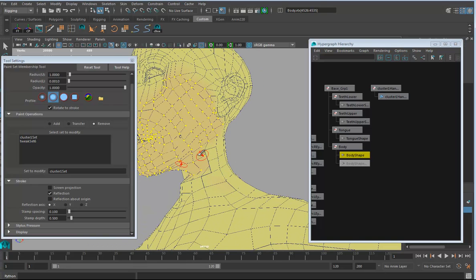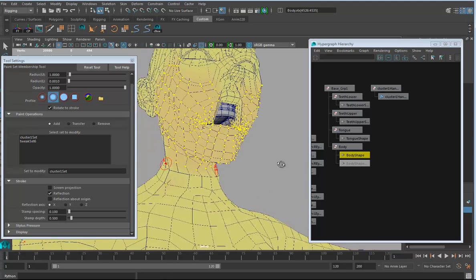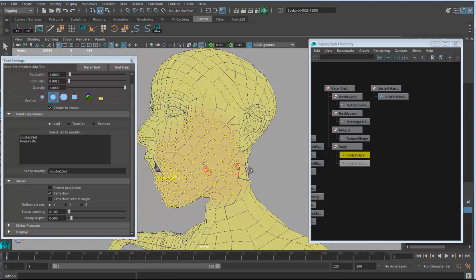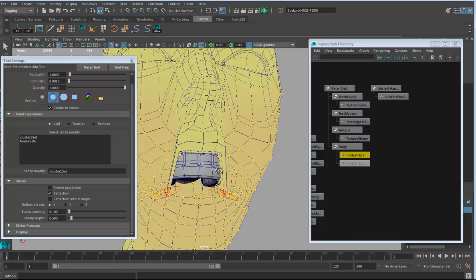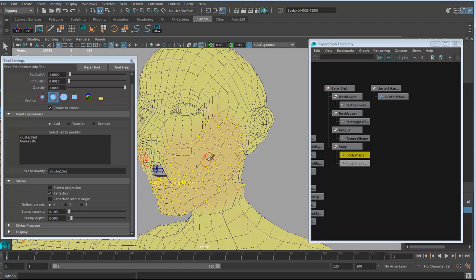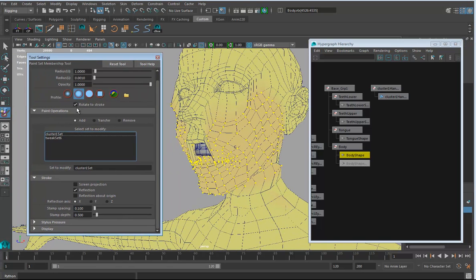And maybe I wanted some of those in there. I'll go back to add. A couple of these might come in handy. Who knows? Just a little bit of movement there might look good. And I get everything in the mouth pretty much. Okay, cool. So now I'm going to go to the